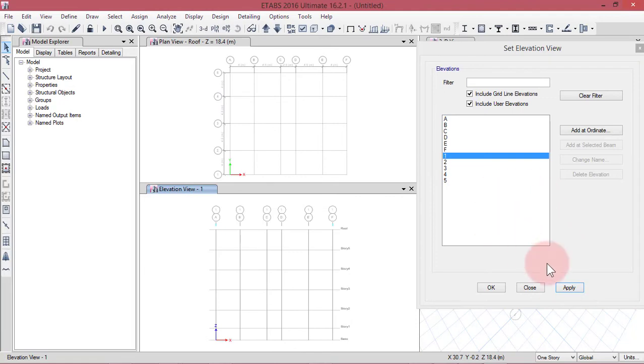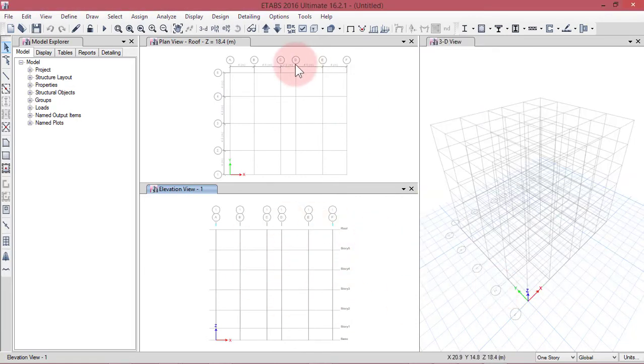First click on apply so that you can see the changes here, then you click on OK. Here you can see in the 3D we can see the axis x y is in the plan and z is along the elevation. In the plan view, we are now seeing the plan of your building at the roof level, that is equal to 18.4 meters.